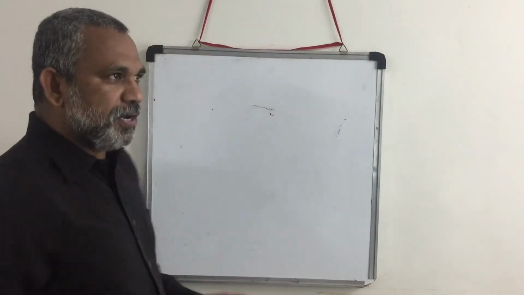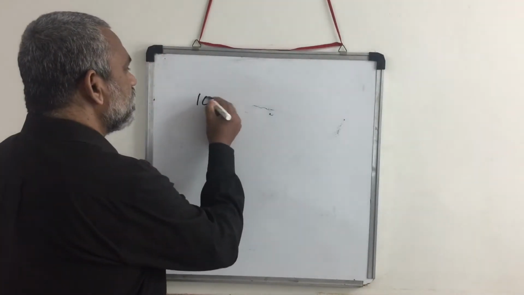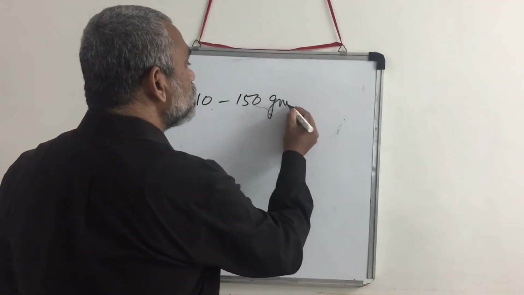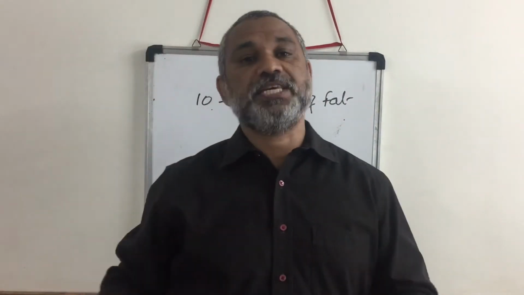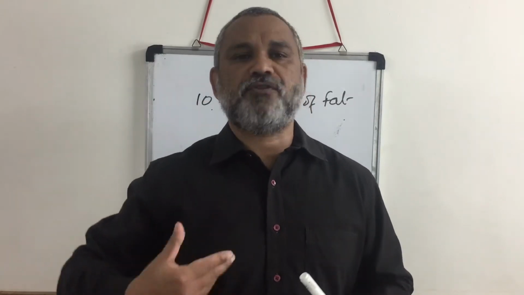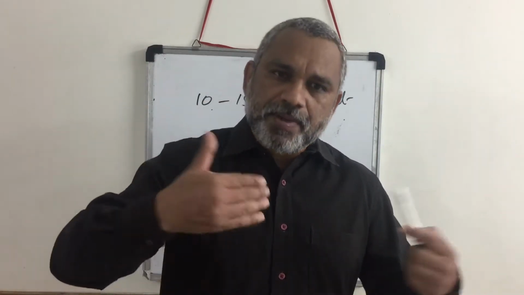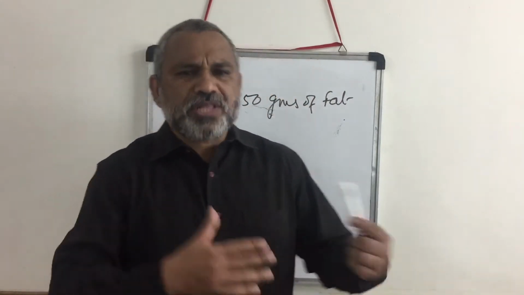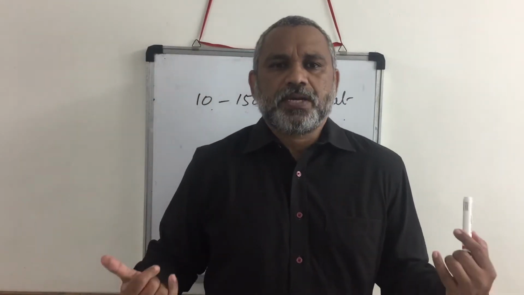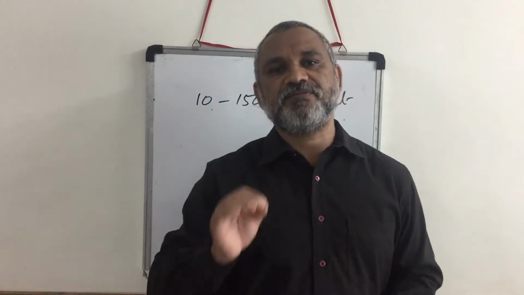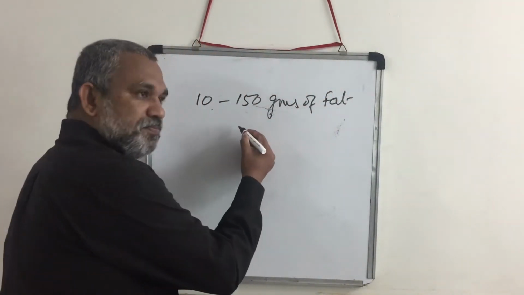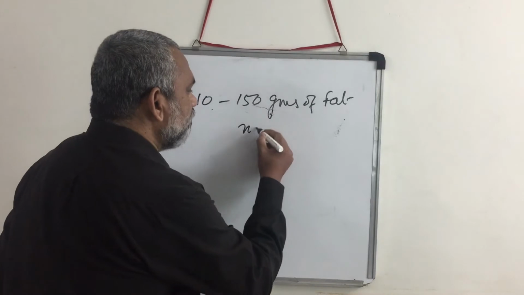On an average, about 150 grams of fat is consumed per day. It comes in different forms, not directly as fat. It may be coming from food sources, so there is a lot of hidden fat. That makes up about 150 grams of fat. And all this fat which we consume may be natural fat.